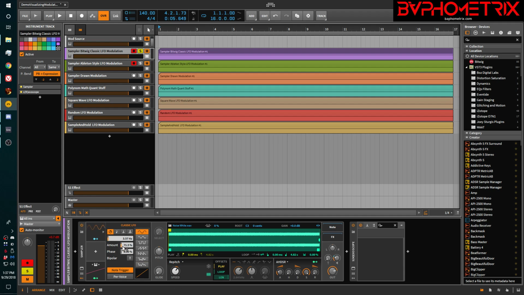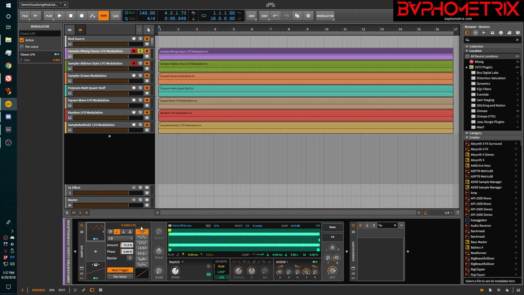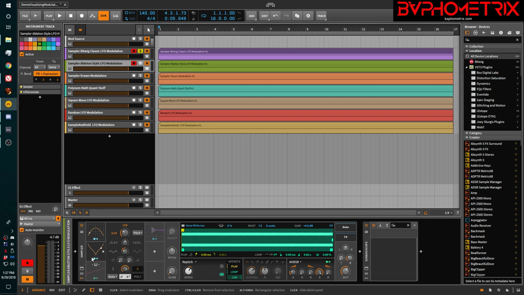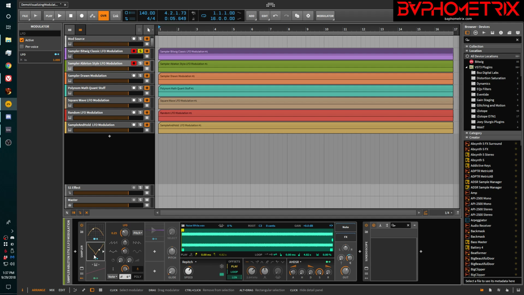And so this is very comforting to work with, and you see note values. You can click dotted, triplet, whatever, and you can choose which note value. So this seems very friendly, but in reality, it's pretty limited. It's not very powerful. So I don't actually recommend you get in the habit of using this. Instead, the way that you accomplish really good things in Bitwig, and the way we're going to duplicate the sound of that Ableton LFO, is by using the newer, more modern type of LFO device,